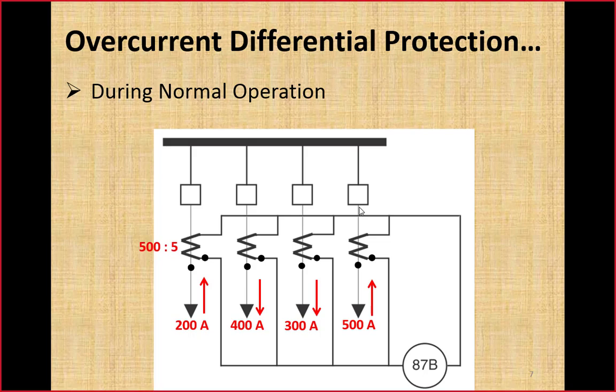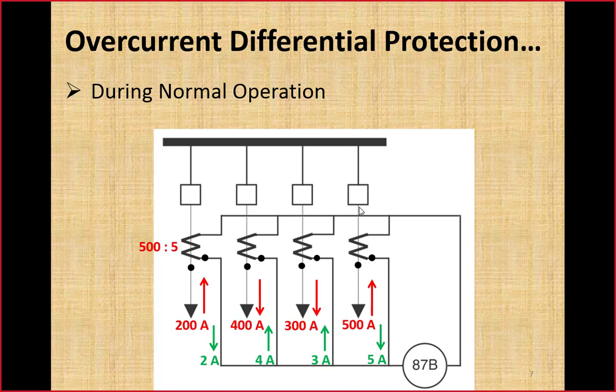According to this polarity marking in the first circuit, current is flowing towards the dotted end in the primary. So that will flow out of the dotted end on the secondary side, and that current will be 2 ampere because CT ratio is 100 times. It is stepping down the current by a factor of 100. So here it is 2 ampere, 4 ampere, 3 ampere and 5 ampere. So direction of current in the secondary circuit has been decided based upon the polarity marking and the direction of current in the primary circuit.